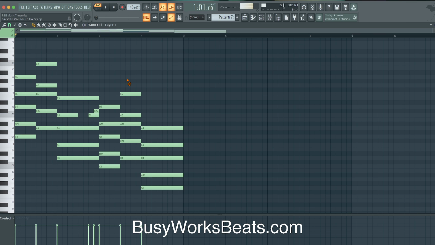I used to overlook dominant chords so much because I wasn't using dominant 7th and dominant 9th chords. Once you get into altered chords, dominant 9th chords and dominant 7th chords become one of your favorite chord types because you can resolve them into any chord. Or I should say, you can resolve any chord using a dominant chord. So even though this isn't the dominant chord of the scale, I'm using the secondary dominant to land. And funny enough, we started at G, we ended at G. So this is the secondary dominant. That's how we get that 90s soulful vibe.